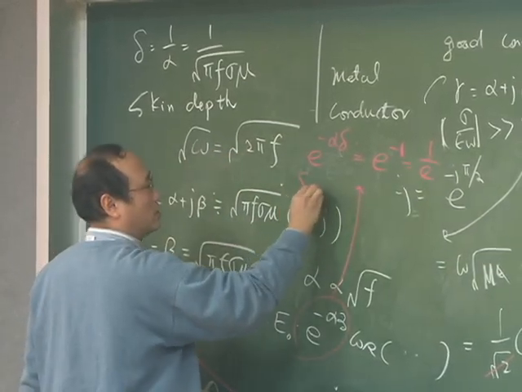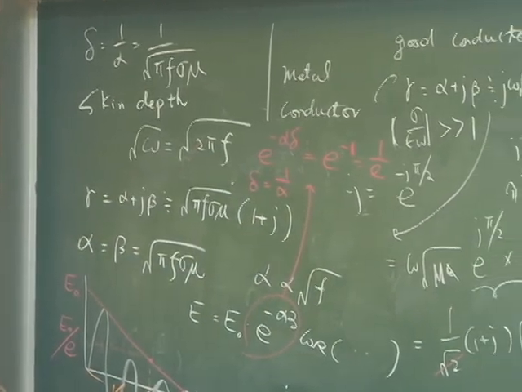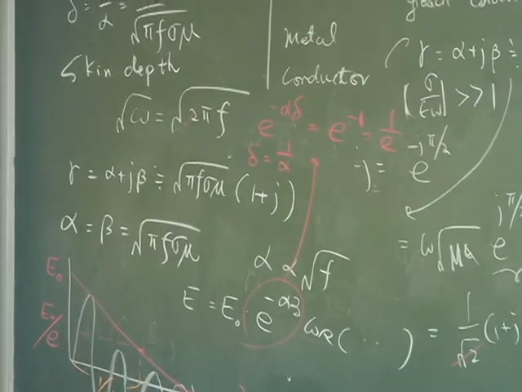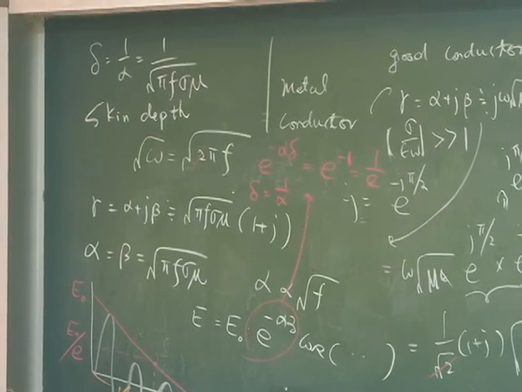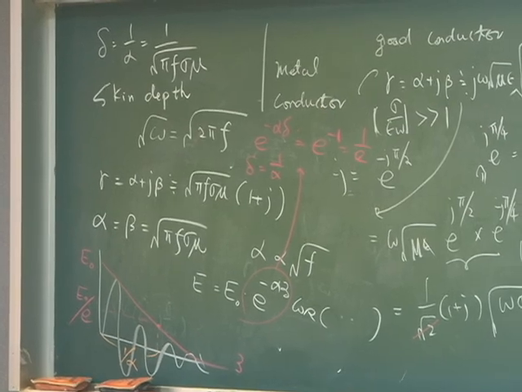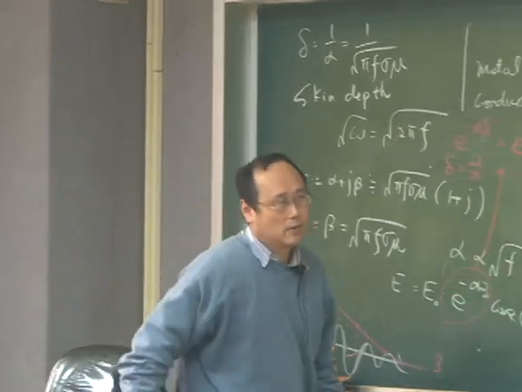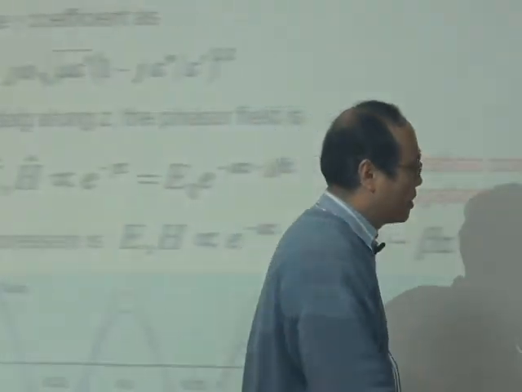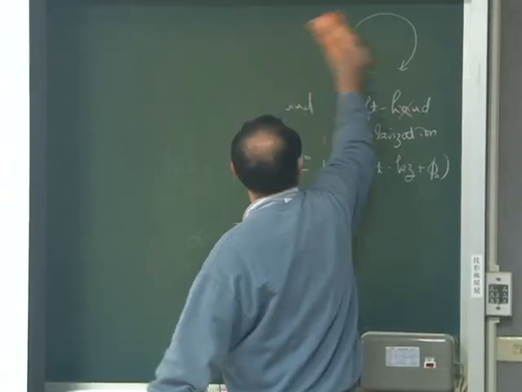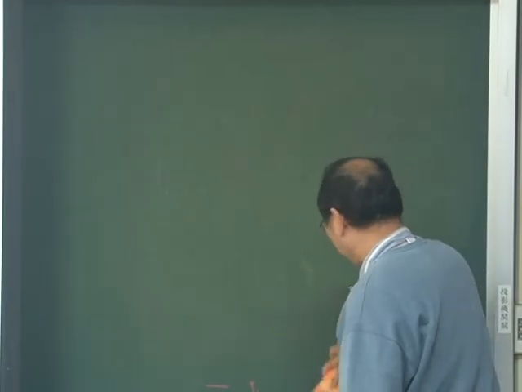So this delta is equal to 1 over alpha. Okay. Any question? 没有，right？所以这是一个例子，就是你如果把一个电磁波打到一个 good conductor 里头，那它的这个场呢会往下掉，会慢慢的被吸收掉。